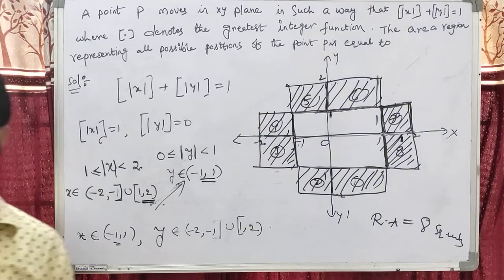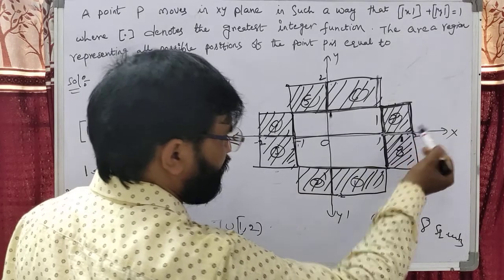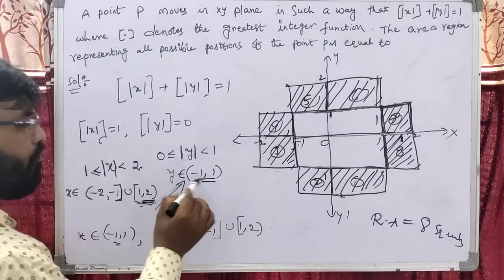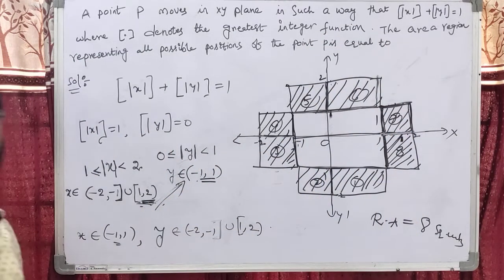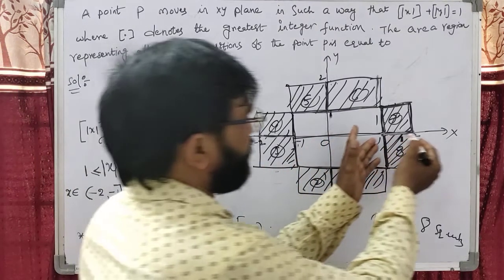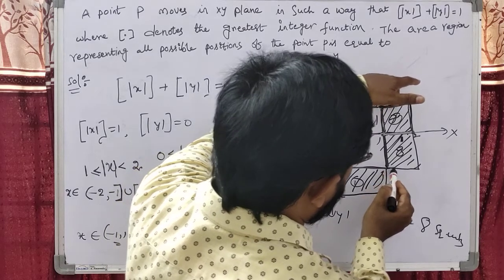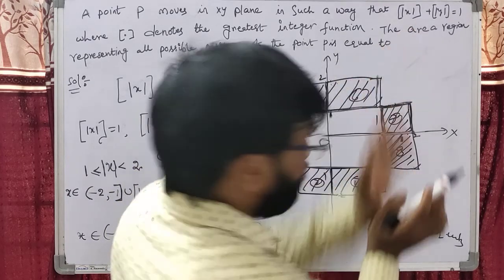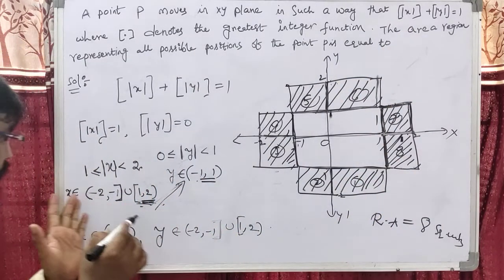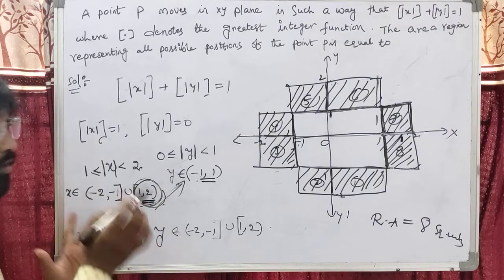Dear students, am I right or wrong? When we are taking 1 to 2, this is 1 to 2. If you take any value between minus 1 to 2, that is the region. So that's why it is the step function. So when we are taking 1 to 2, every time we can take minus 1 to 1, minus 1 to 1. Do you understand, students? Suppose this one is 1 to 2, but 2 is not included.